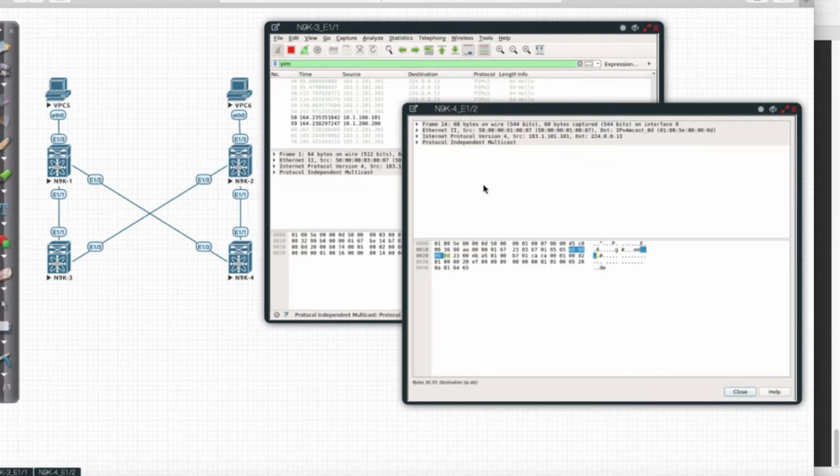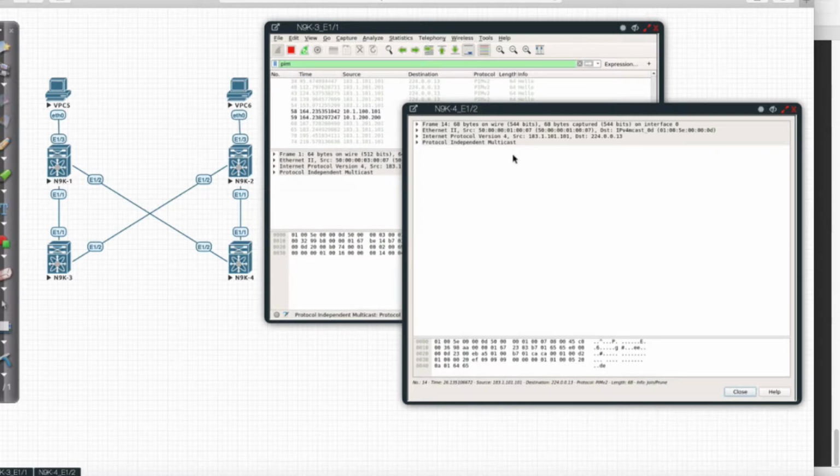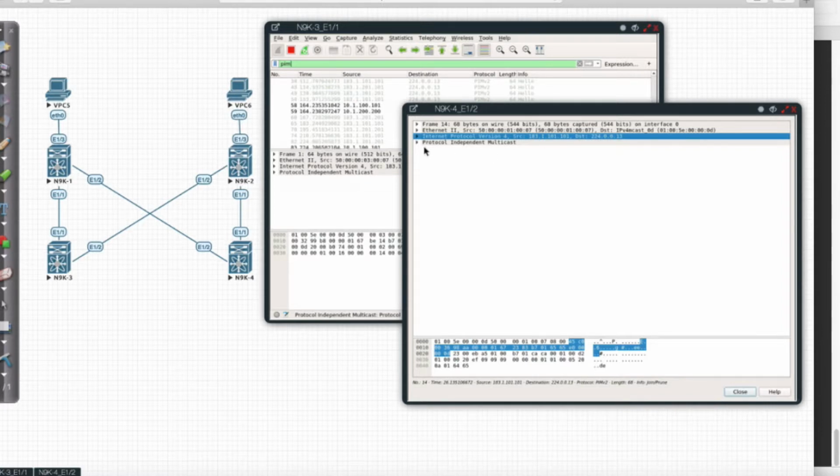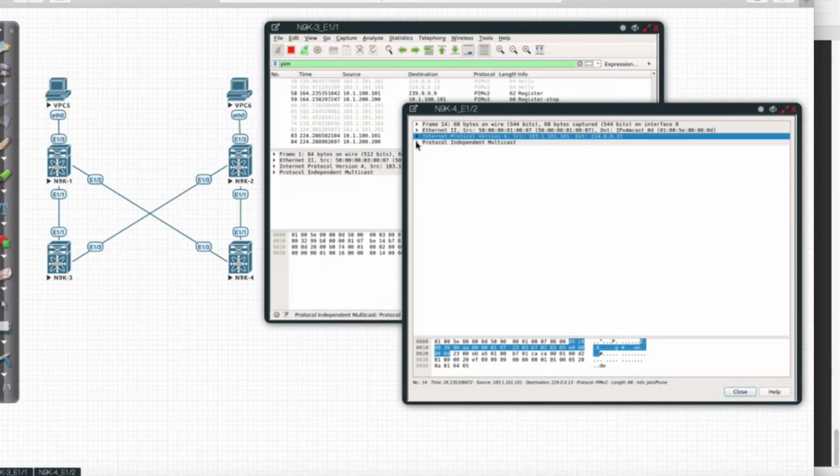Let's look at that one. So I'm going to drag this part down so I can see into this configuration. And what we're going to see here is that this is coming from 183.1.101.101, and it's destined to 224.0.0.13. I'm going to look at the PIM configuration in here, and did I click on the right one? No, I didn't. I clicked on one down, one up.